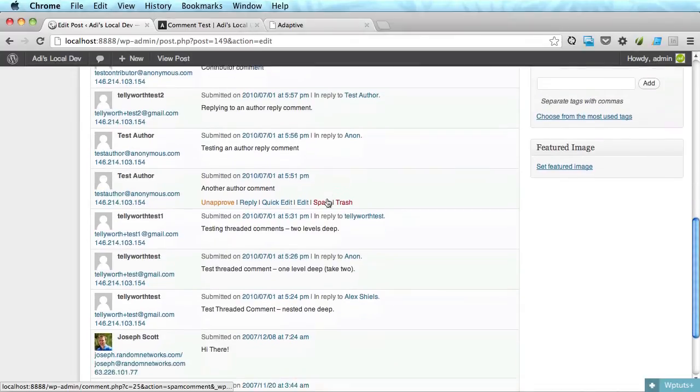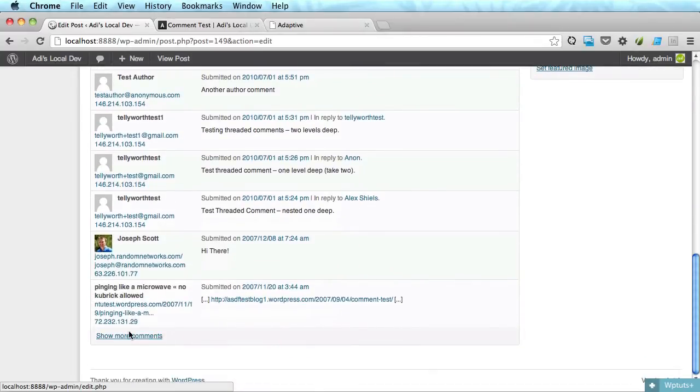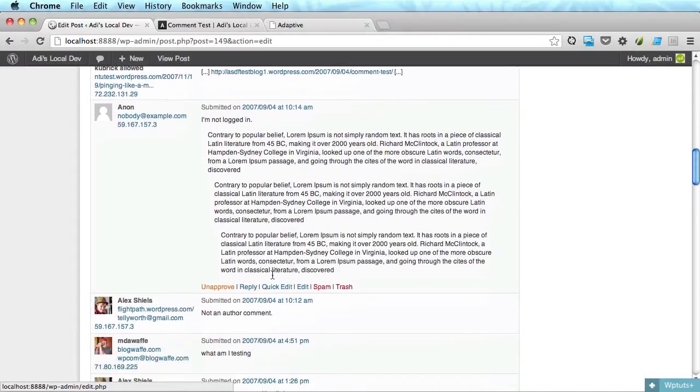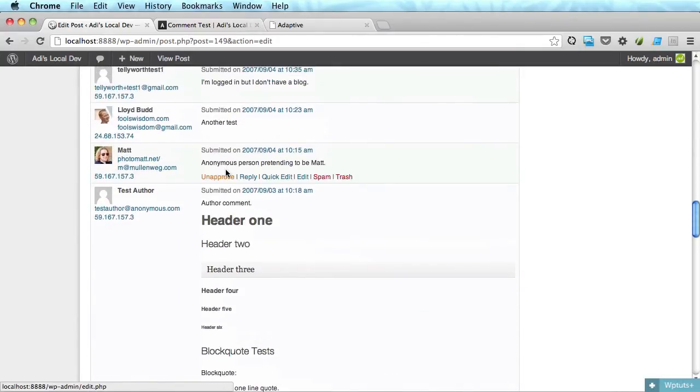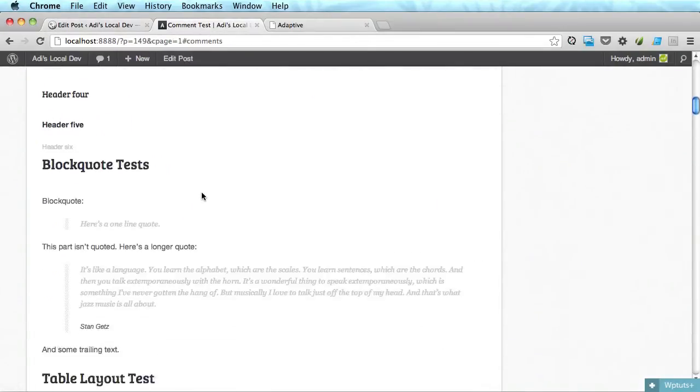Where is it? Where is it? So it should be on the bottom. There it is. So this one, I'm just going to say unapprove, which basically means it's set for moderation. So if we refresh,